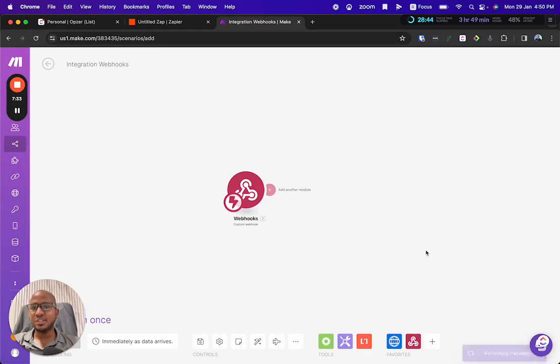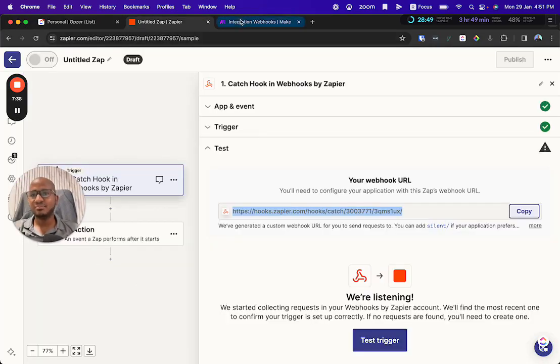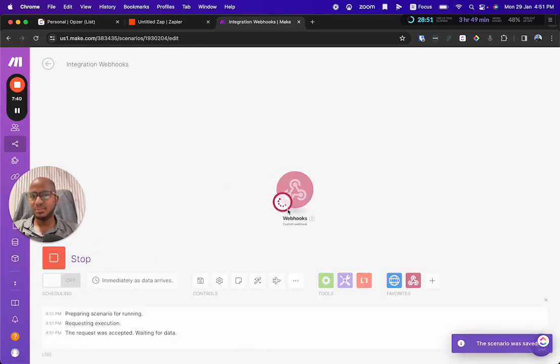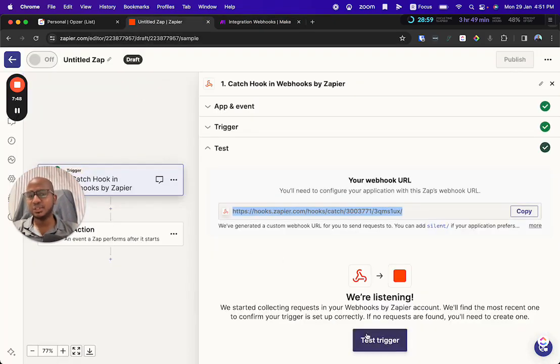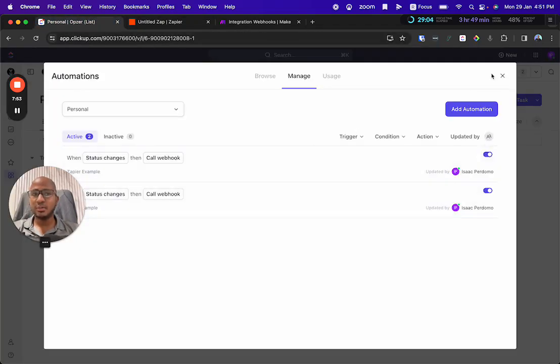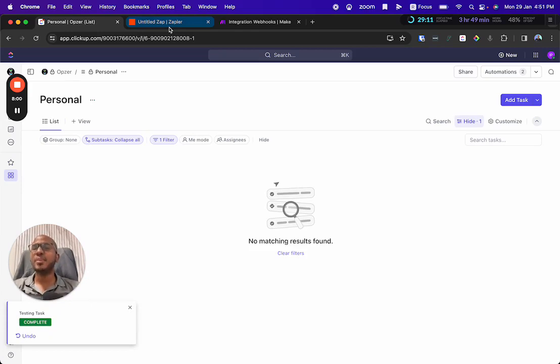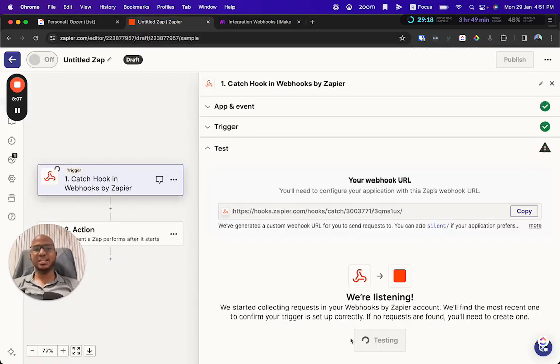Now, if this was done the right way, what should happen is that if I start listening, here I'm telling Make to start listening for any information that comes in, and I'm going to be testing here on Zapier. You see no request found yet, but if I come here and I mark my task as complete, that information should flow to both of them based on the automations I've set up here. Let's see if that happens. If I click here and test trigger,